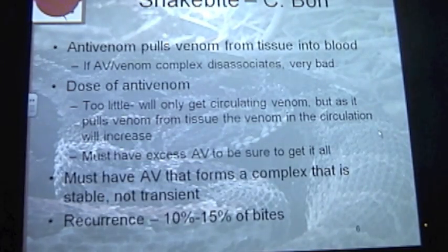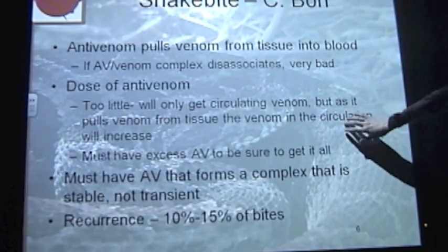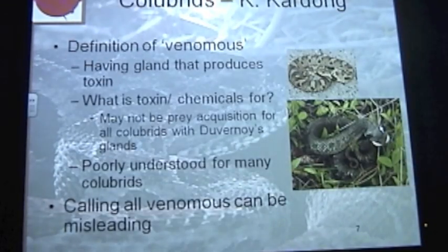All right, does anybody have any questions about this in general? Yeah? I'm just curious, given the limitations, why is CroFab